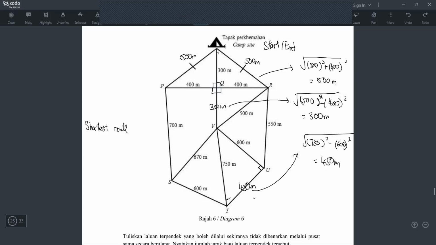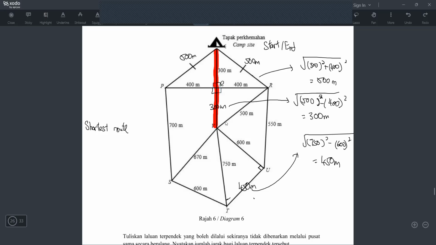So I think I will go 300. Okay, because shortest, mah. If I go here it's 500, so I think I go 300. And then where can I go next? Let's see. Can I go here? Because I have 3 choices now, right? I can go like this, I can go like this, and go like this. So since I want shortest, maybe I go with the 300, right?